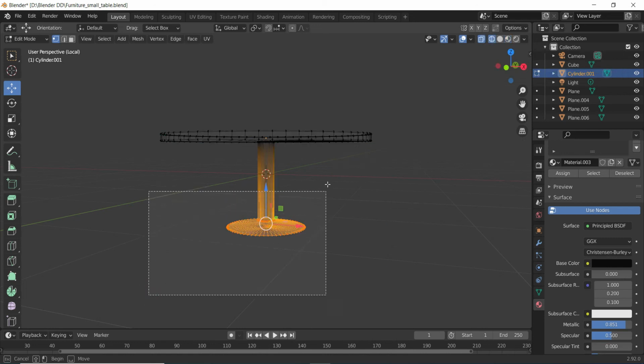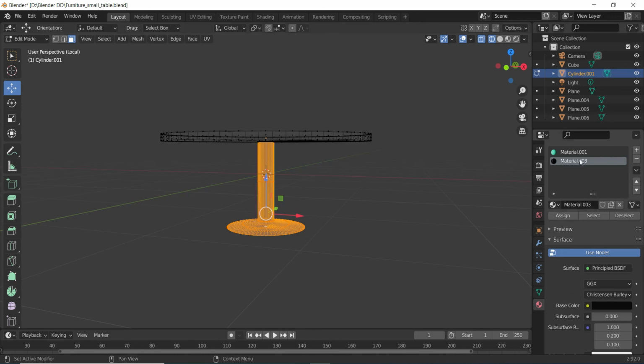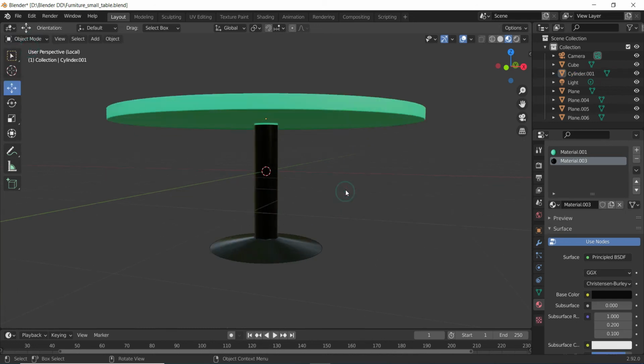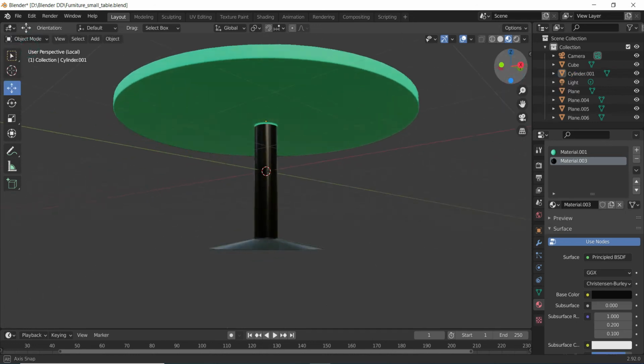Come to face mode, select these faces, and in the material tab we need to select the material which we have created. If you have created 3-4 different materials, you need to select that one and then click on assign. After that, we will switch back to material preview, and if we switch to object mode again, we can see that the new material is applied.